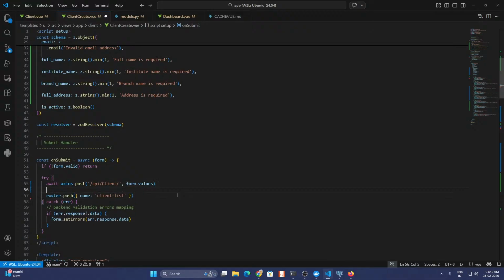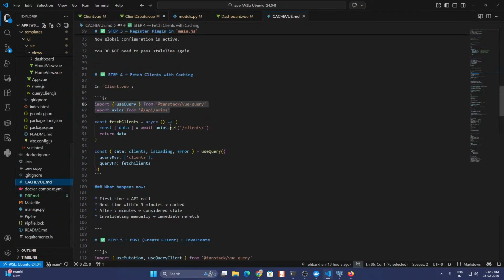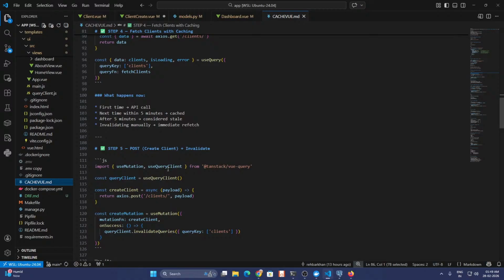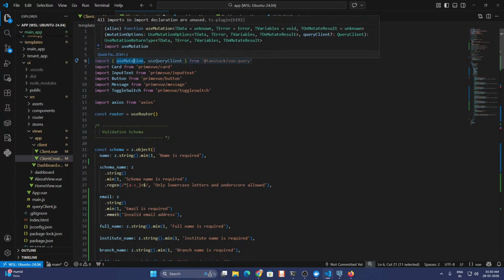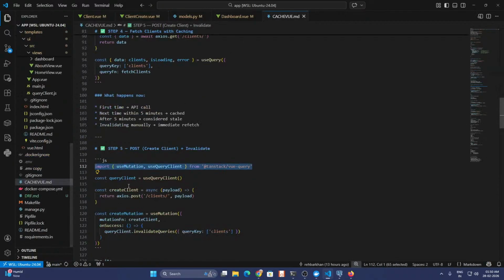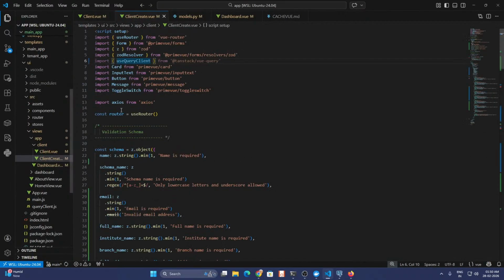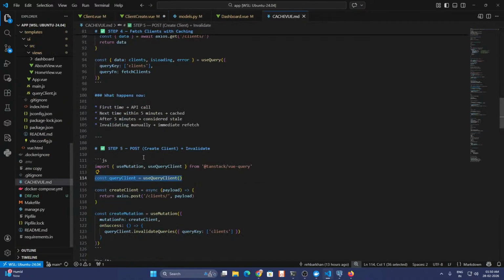Before I do that, I need to invalidate the query. Oh, there is a way to invalidate the query client. I need to use the query client actually. This mutation I don't need. I'm not doing the mutation here. I can go back to cache view. I'll create one reference to it, and then I can just do